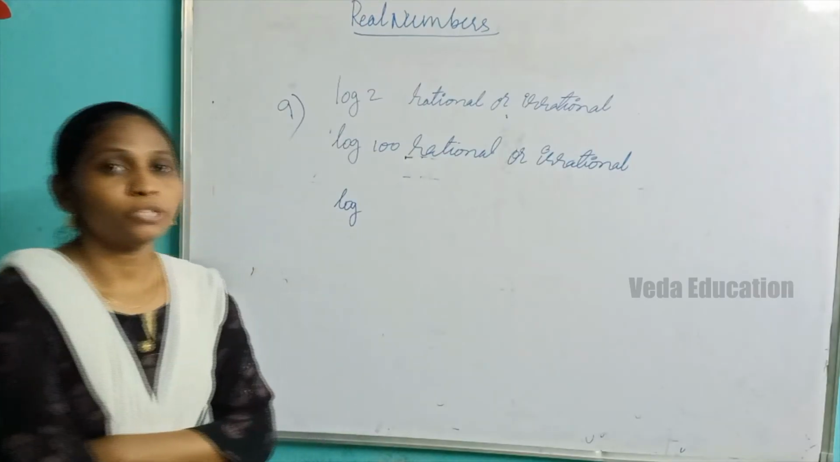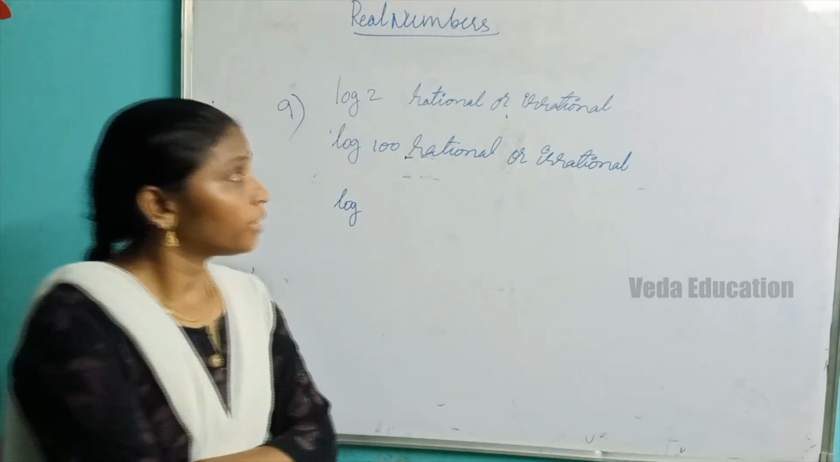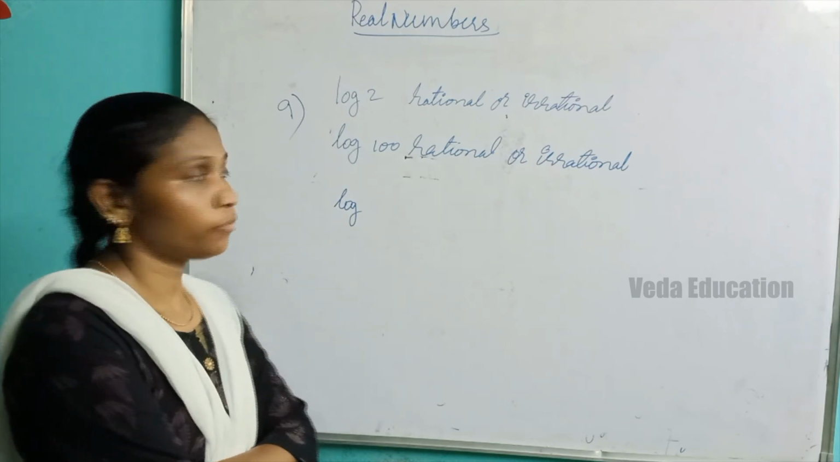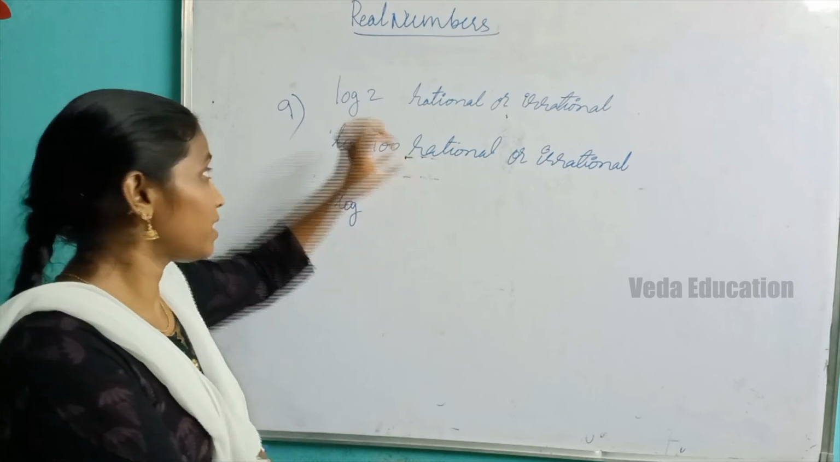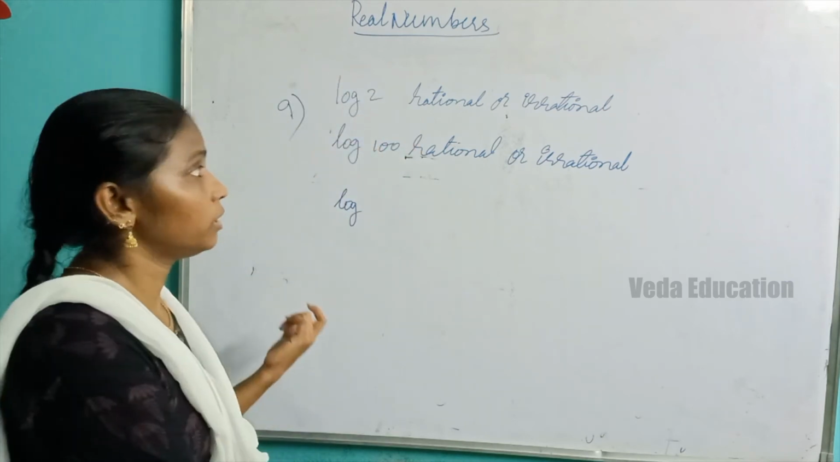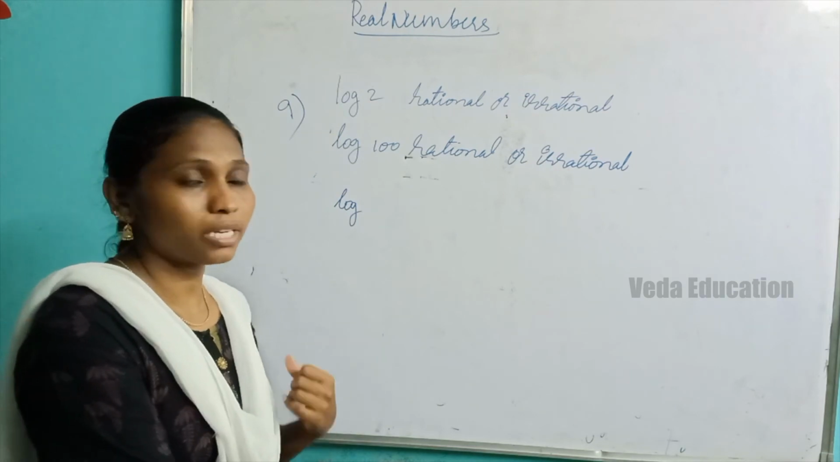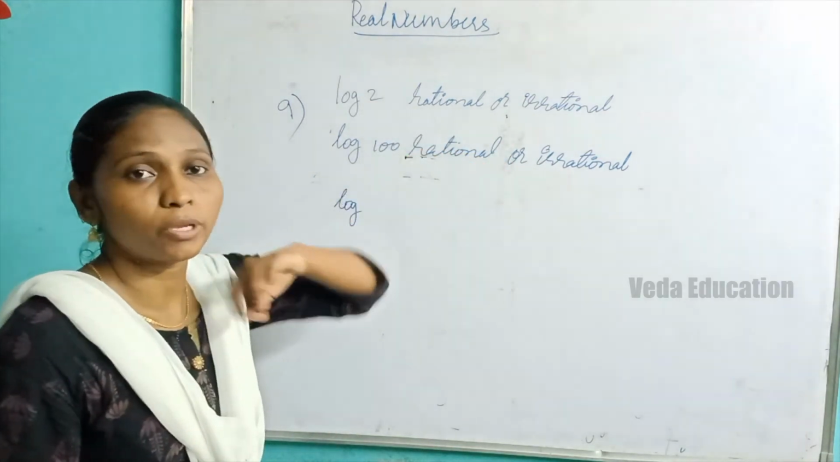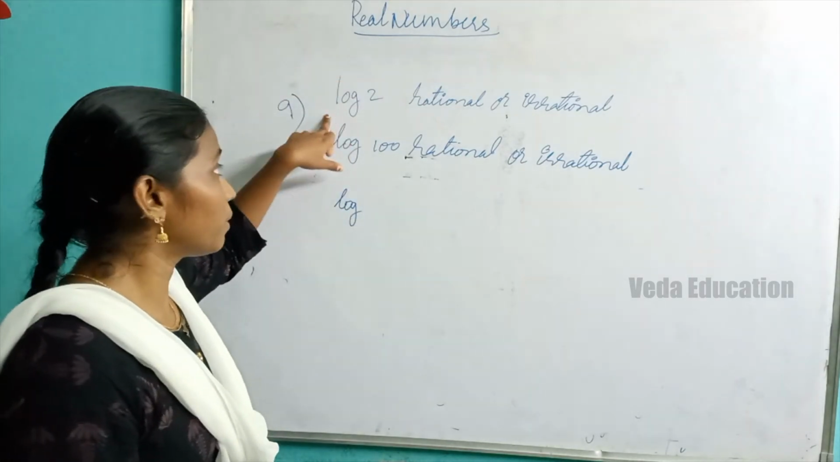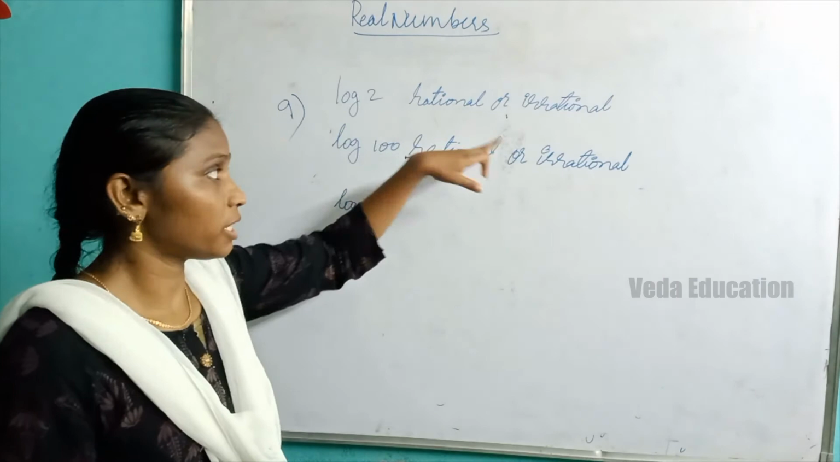In exercise 1.5, ninth problem, what is given to us? Is log 2 a rational number or irrational number? We have to prove this number as rational or irrational. In previous classes we learned they will give numbers and we have to prove that they are rational or irrational by using their properties. But here they gave us a logarithmic number. So how to prove this number rational or irrational? For this,